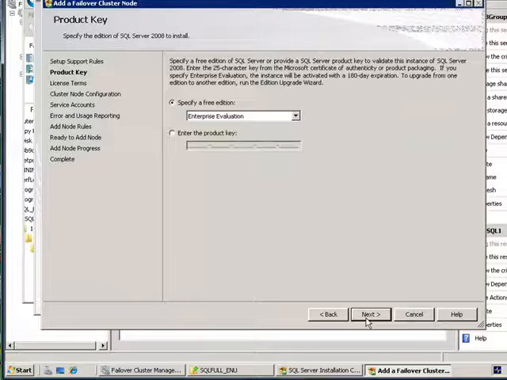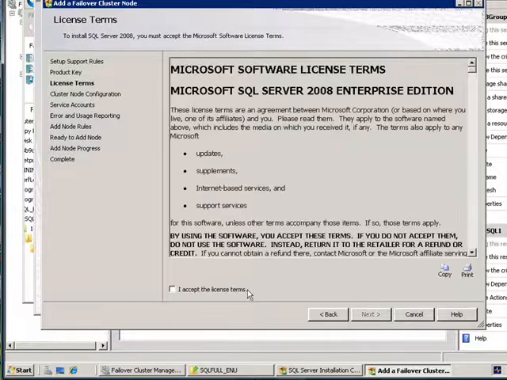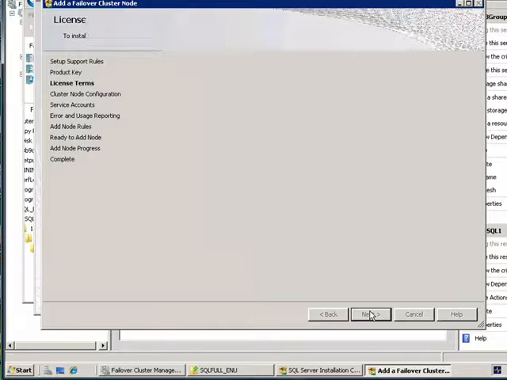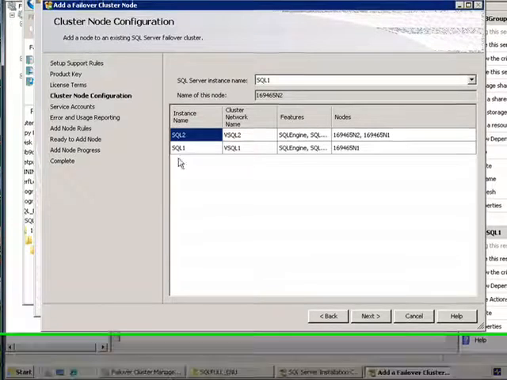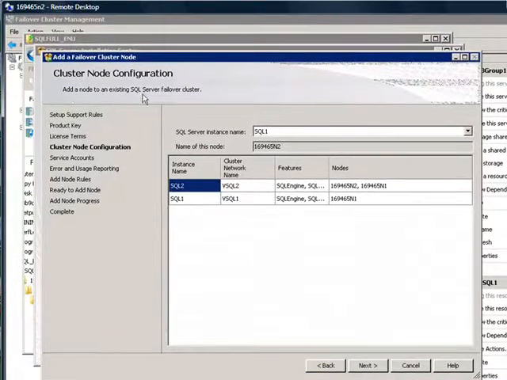Here on this screen, you have an option to add a product key or use the free edition. Since in our previous installation on the existing failover cluster we used a product key, here we're going to supply the same product key. After you check the license terms and accept the license terms,